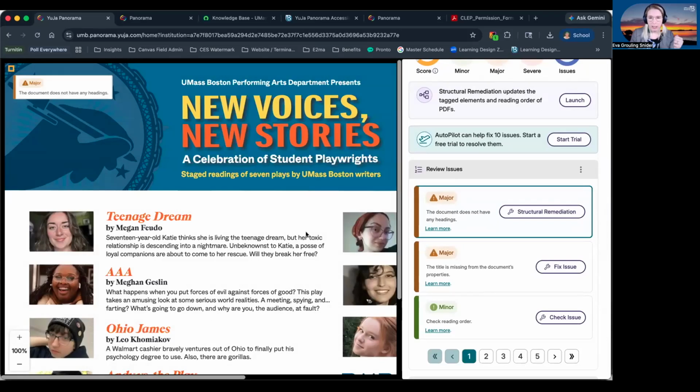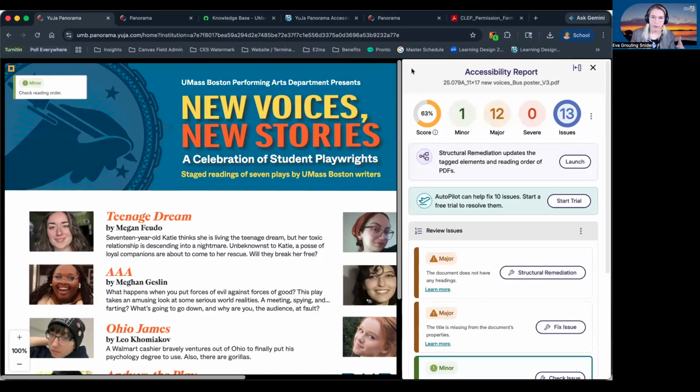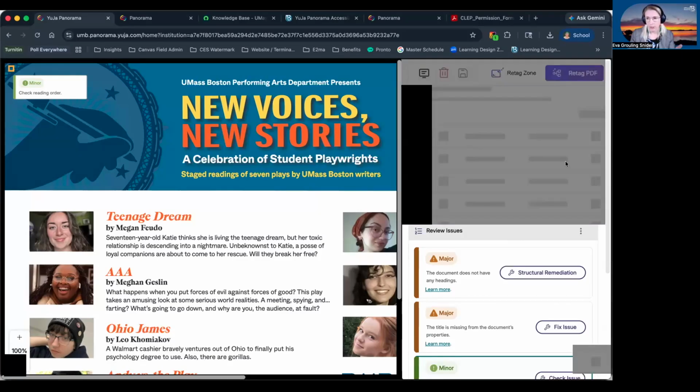And we can go through and work to fix these. We actually have in this document, you'll see 3 different buttons here. Most things will read Fix Issue, but reading order specifically will read Check Issue, because this isn't saying there's anything wrong, just that you need to double check the reading order of this document. And to do that, it's going to give you the option to just check a box saying that you've verified the reading order. But to do that reading order check, that's where structural remediation is very helpful.